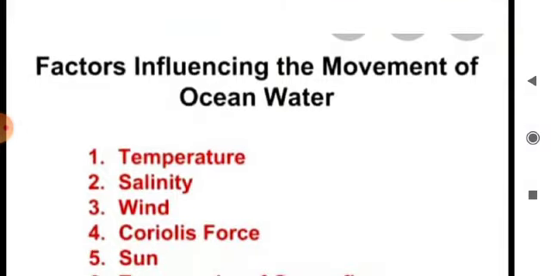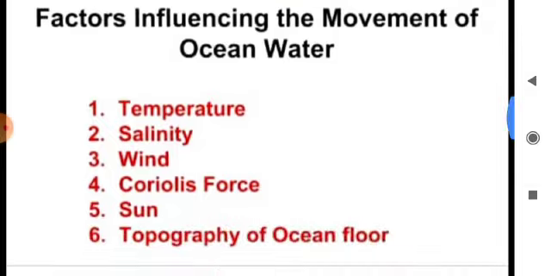Factors. The main factors which produce the ocean currents are planetary winds, variations in sea water temperatures and salinity, rotation of the earth, configuration of coastlines. So, first point, planetary winds. The prevailing planetary winds, meaning trade winds, westerlies and polar winds, play vital roles in the origin and development of ocean currents. Most of the ocean currents of the world follow the direction of prevailing permanent or planetary winds.